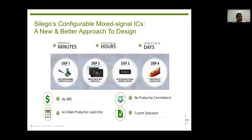I wanted to give you a screenshot of the tools because it's a little hard to believe for people that are familiar with microcontroller tools, but when you look at our tools, they look pretty much like your ORCAD schematic capture. In fact, in many cases, designers can take their actual schematic that they designed discretely and port that directly into our software. You'll notice that our comparators look like comparators. Our logic looks like logic, and you connect things just as you would any schematic capture device. And when you're all done with that,